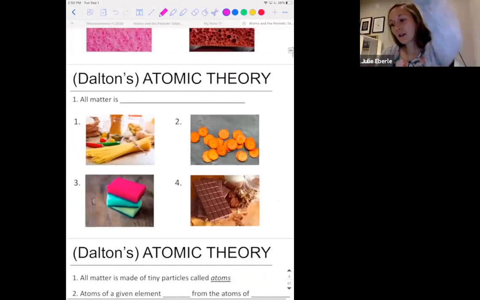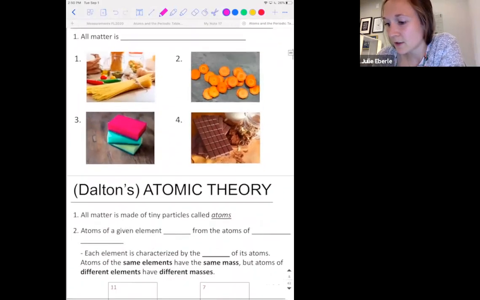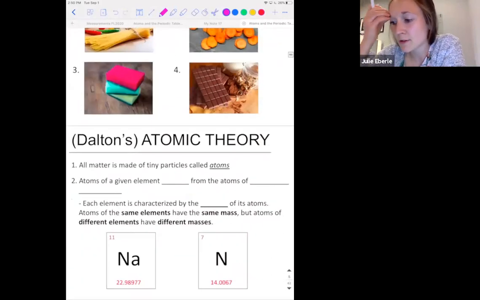Okay. So that's what we're doing today. We're looking at matter close up. We're getting down into the microscopic level of things. So that was point number 1. All matter is made up of tiny, tiny particles. We're actually going to look at the structure of those and see how they're arranged and what they look like